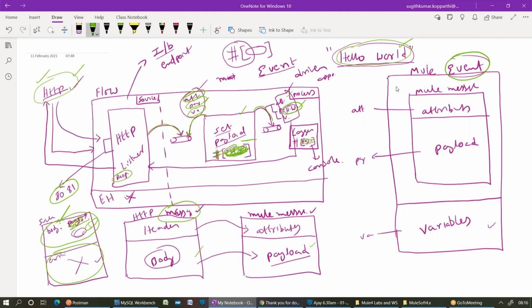Whatever you configure in them, behind the scenes XML will get created. For the set payload, one XML tag. For the logger, one XML tag. For the HTTP listener, one XML tag. You are not going to write this. Just drag and drop, and automatically the corresponding code will get generated.